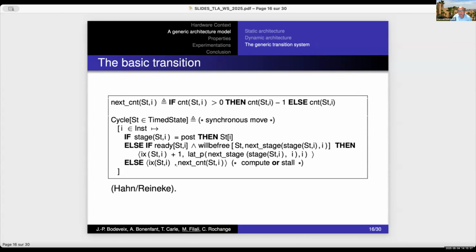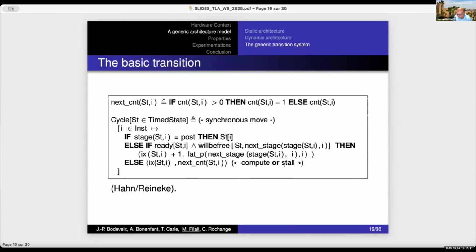Else, either the instruction has still to compute on the current stage, so it remains on the current stage, or the will be free test is false, which means that the next stage is not yet available, so the instruction has to stall in the current stage. So this else expresses that either we compute or we stall, but we remain on the